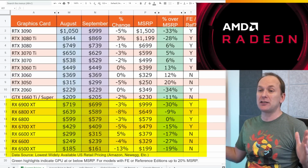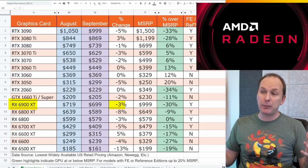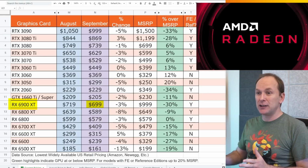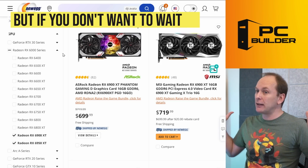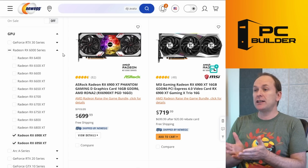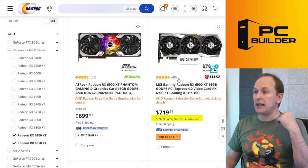Radeon RX 6000 series cards first. Starting at the top, the RX 6900 XT down 3% to $699. It's nice to see AMD cards continue to come down. However, obviously, right now, I definitely would not buy this card. But if you absolutely need something right now and you're looking for that higher end, you don't want to wait maybe towards November, December, yeah, 6900 XT, the ASRock Phantom Gaming D, and also with a rebate, the MSI Gaming,